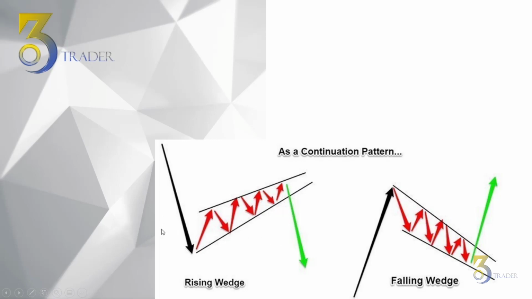A lot of people see a straight line and then one angled, and because it looks like what we would consider a wedge, they call it a wedge, but that's not the case. Both lines, support and resistance, must be traveling in the same direction. That means either both upwards or both downwards, and then usually they come towards an apex or a center point where you have a squeezing of price. With this rising wedge here, you have resistance going up, you have support also going up, but you have price action squeezing between them